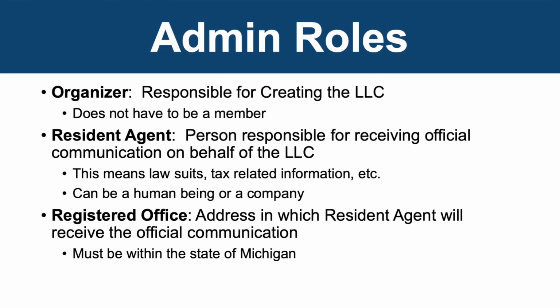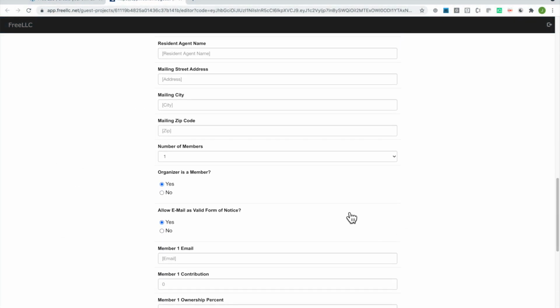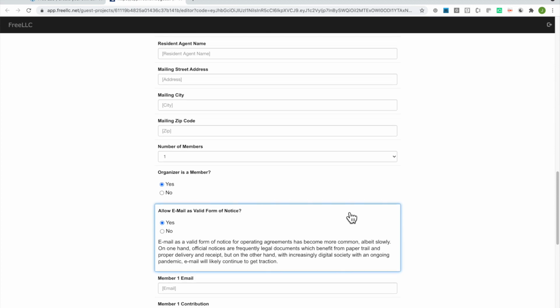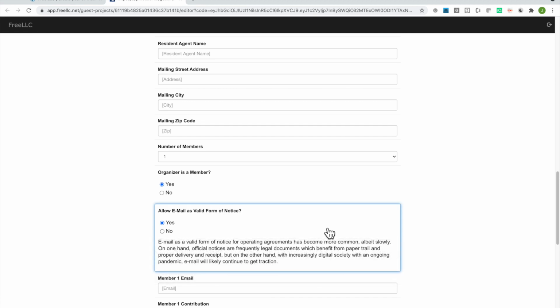So you need to be available to be reached by people who want to sue you, essentially. So fill those names in, and if you want to allow email to be a valid form of official notice in the context of this agreement, by all means select yes. I think it's becoming more and more acceptable to allow email